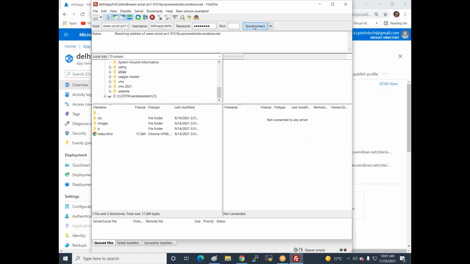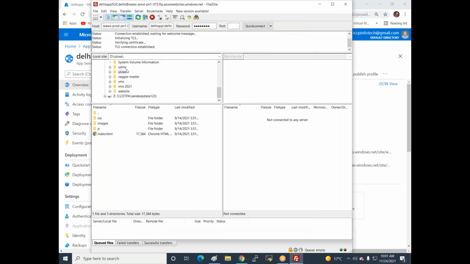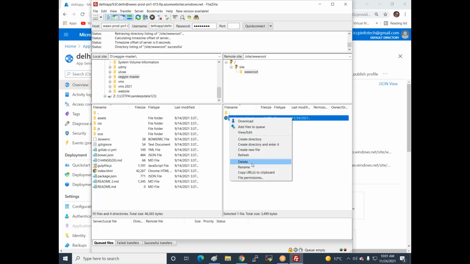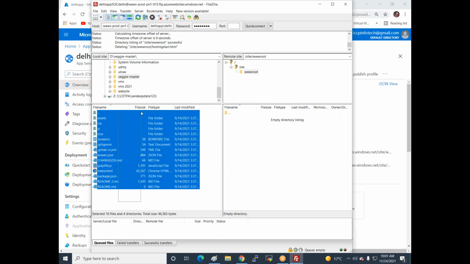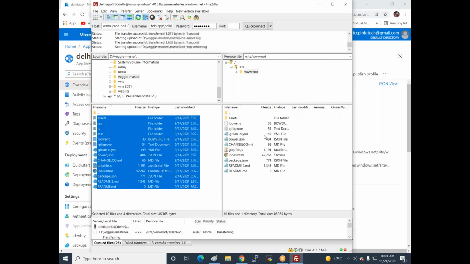Now click on quick connect. Now I'm uploading one more website to this web server. I check that one more website is available, the wiki master. These are the default page of the website. I delete it, and now I copy it and move it.